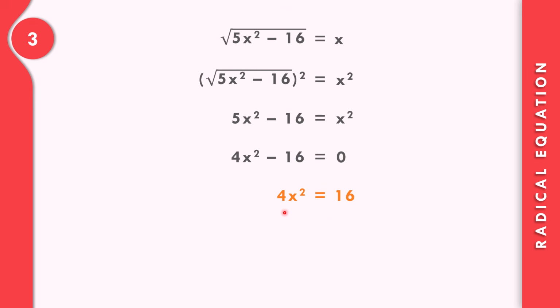So afterwards, to solve for x, let us divide both sides by positive 4. If we divide both sides by positive 4, that becomes x squared, and then 16 divided by 4 is equal to 4. Using the square root property, let us take the square root of both sides. So x is equal to positive and negative 2. The square root of 4 is exactly positive and negative 2.